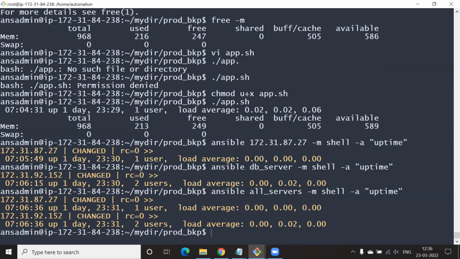Boom, catching it. Yes. You can also give web_server colon db_server. So if you have multiple groups, you can also do that.